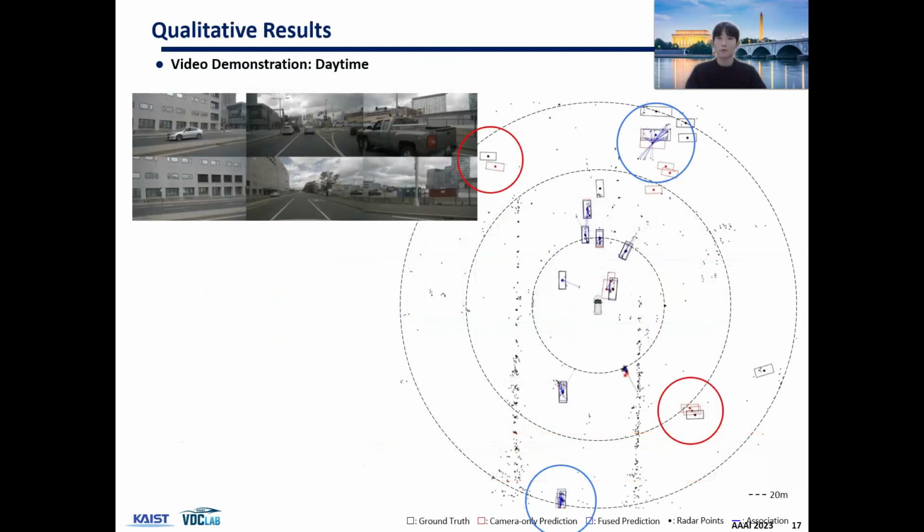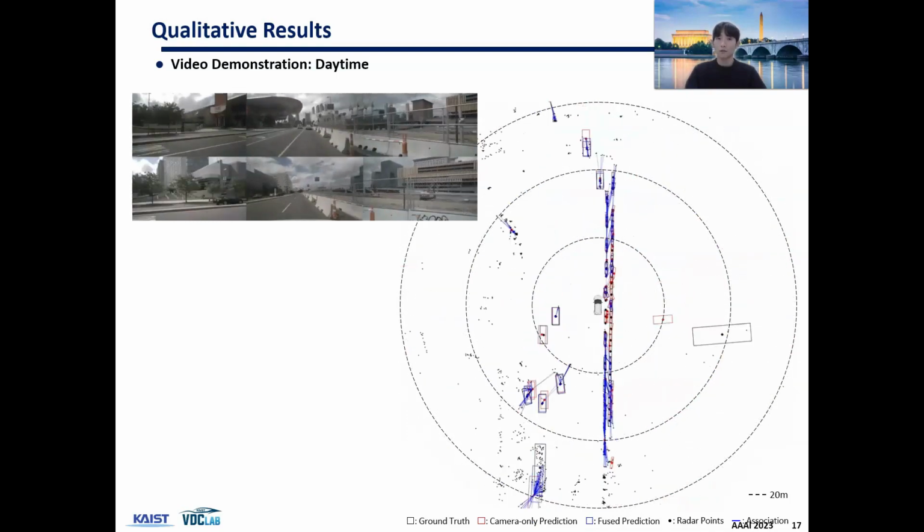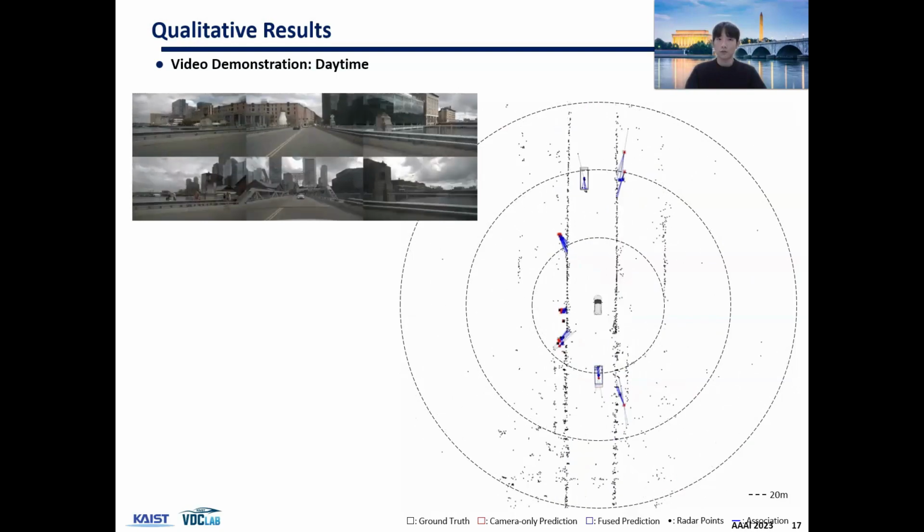In this video, the red, blue, and black boxes denote the image proposal, fusion results, and the ground truth. A red circle highlights the case where the object does not have radar points returned due to occlusion by a building and wire fence, but our method successfully detects them using the camera only. Also, the blue circle highlights that an image proposal with high localization error becomes more accurate by our radar fusion. Note that we did not use temporal information such as sequential input or tracking.